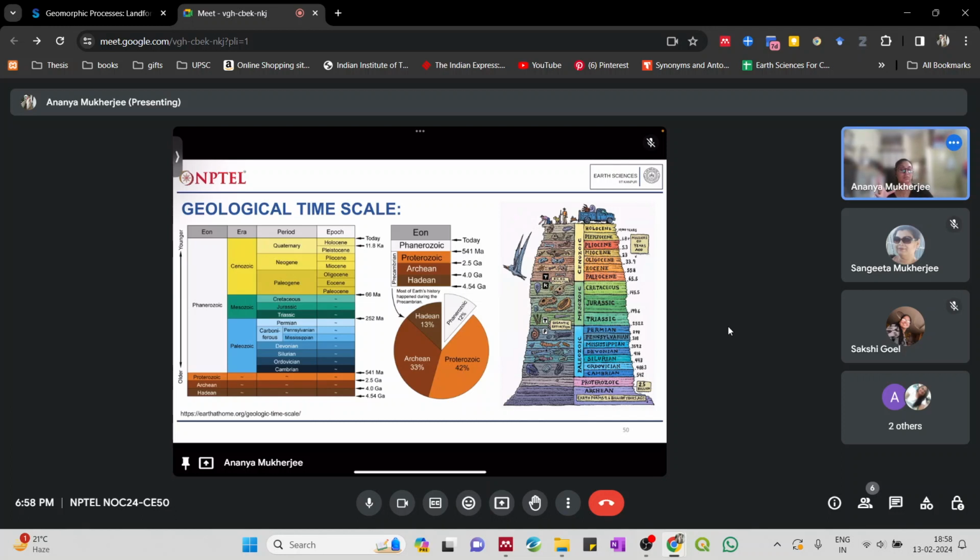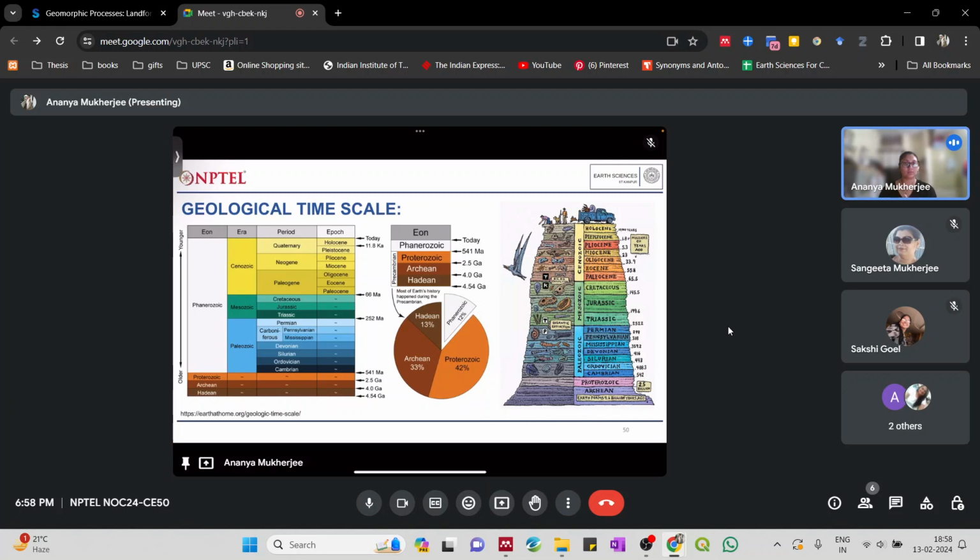So till now, as we had discussed, approximately the Earth's age is given as 4.54 billion years old. Okay, so over here you can see that this is the geological time scale that we as geologists and earth scientists use to date rocks, to study rocks from